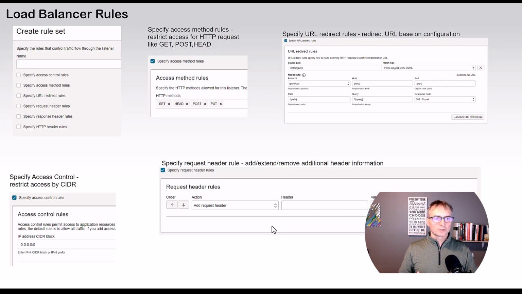In the load balancer, we can configure the access control. Now, what's the access control? Access control allows us to define who can come, what CIDR can come to our server. That means if we are creating a website which has to be accessible only from a specific network, then you can use this access control list and narrow down